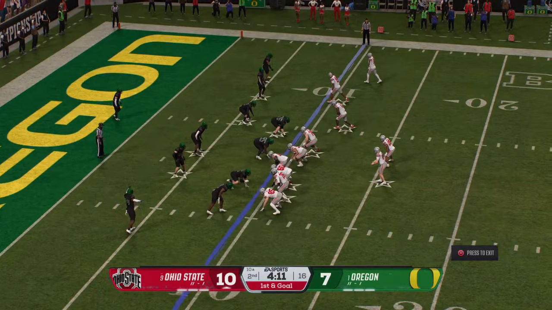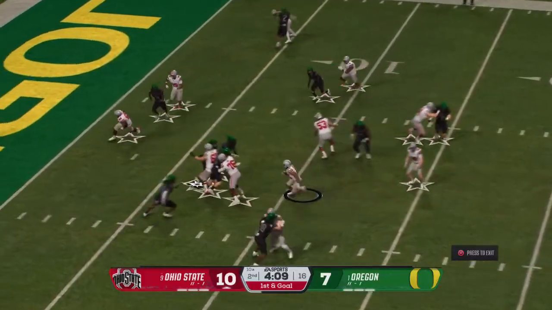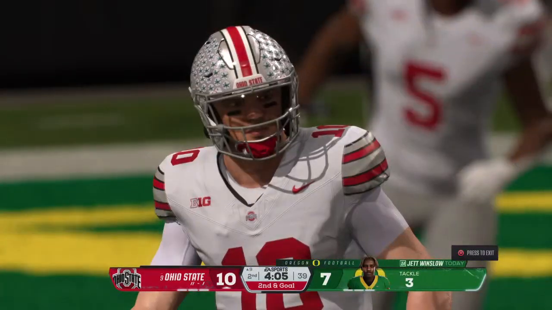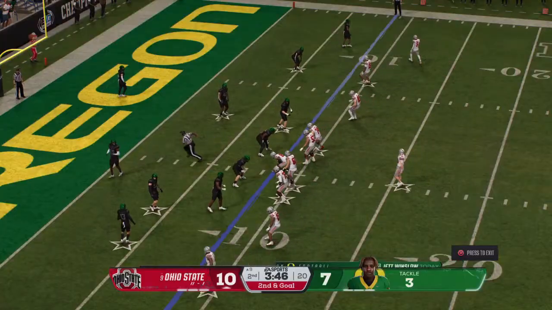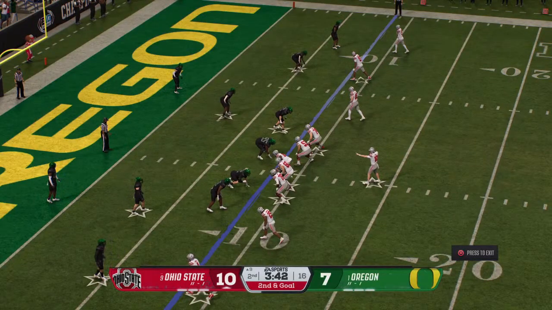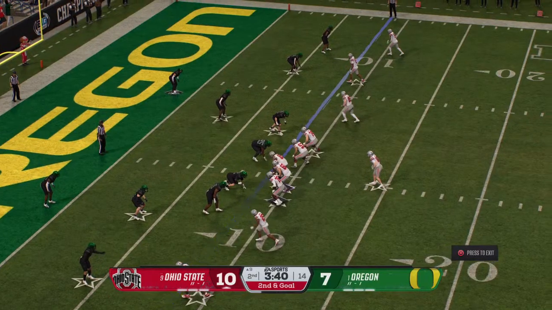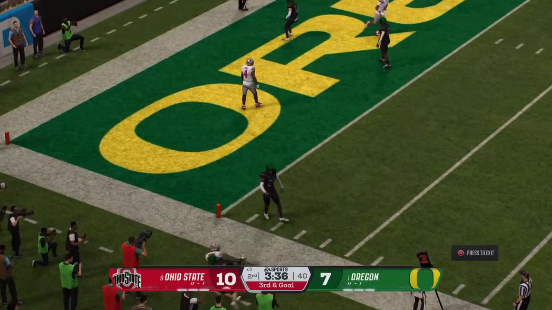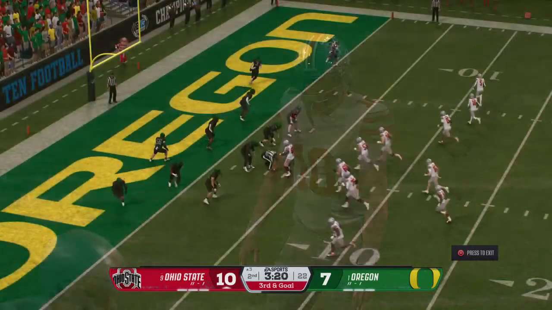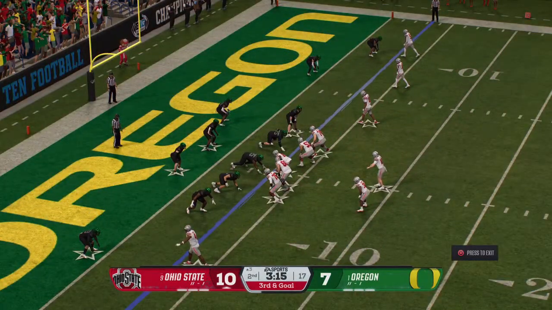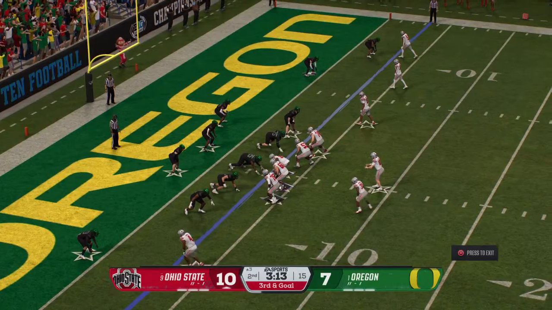Buckeyes trying to punch it in. It's 1st and goal. Keep it on the ground on 1st and goal. Breaks the tackle to get back to the line of scrimmage, but that's it. It's a 2nd and goal play for the offense. Wants to throw it. Catch made, looking for the goal line. And he's shoved out of bounds by the defense short of the first down marker. They've gotten the ball down to the 3-yard line, but now it's 3rd and goal.